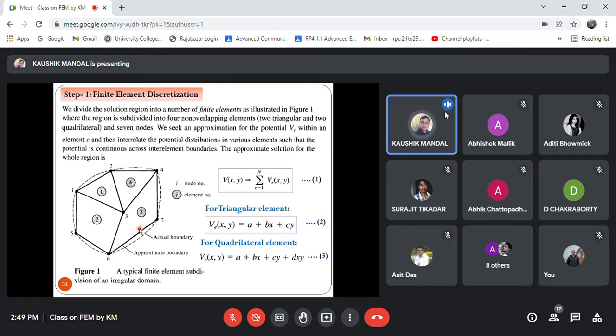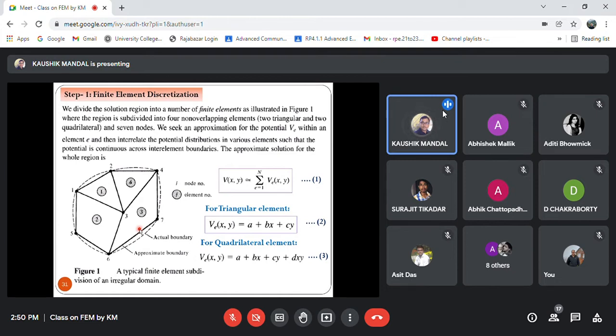because as we are moving from the finite difference method to the finite element method, so that we can handle both regularly shaped boundaries and irregularly shaped boundaries. Considering this point, it is better to go with a triangular shaped element rather than a quadrilateral element, because if we want to approximate irregularly shaped boundaries with quadrilateral shaped elements, then the approximation will be difficult and will not be better.